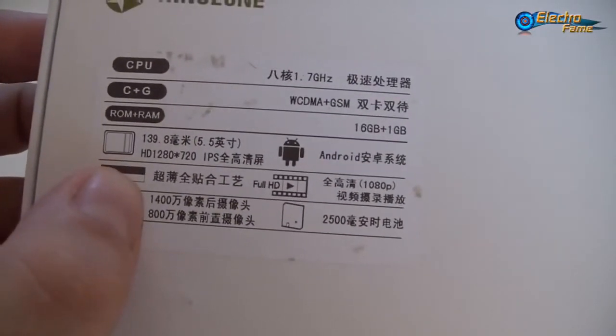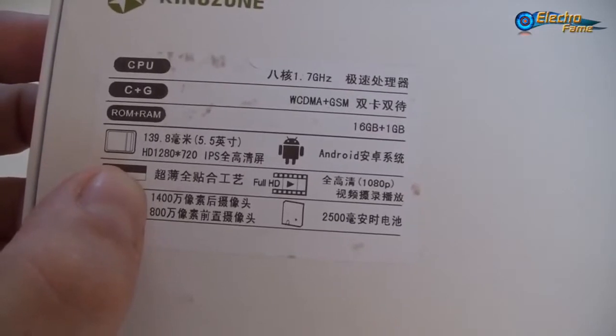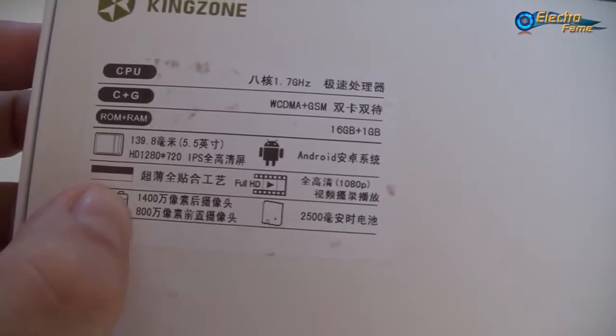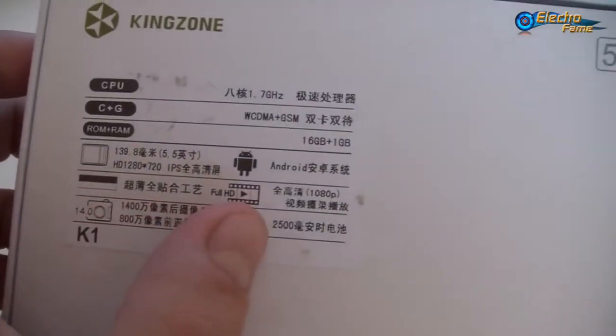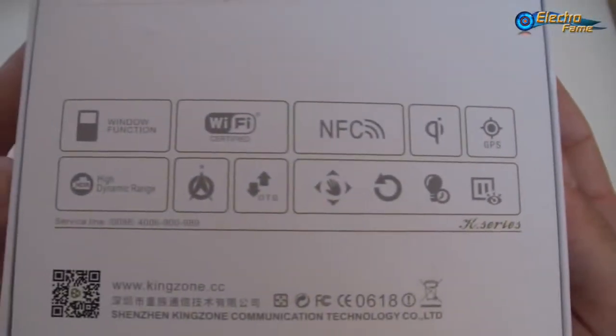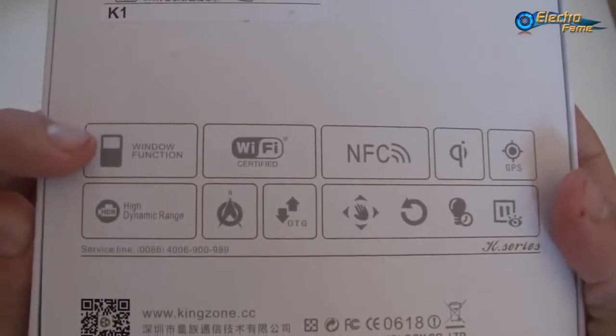On the back it's a 14 megapixels with a Sony CMOS sensor, and on the front we have 8 megapixels, okay? And the battery is a 2500, and of course you have full HD for the movies, okay? So otherwise, as you can see here, window function,